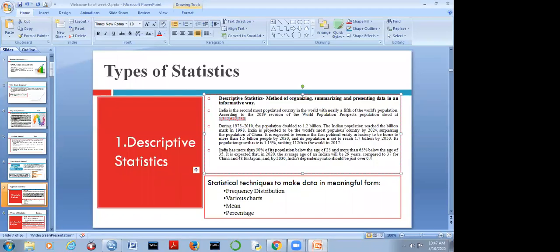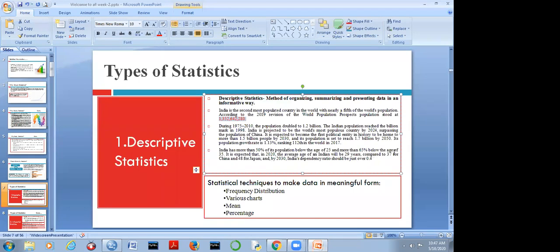The second paragraph also provides information about the Indian population. More than 50% of India's population is below the age of 25 and more than 65% is below the age of 35. It is expected that in 2020, the average age of an Indian will be 29 years, compared to 37 for China and 48 for Japan, and by 2030, India's dependency ratio should be just over